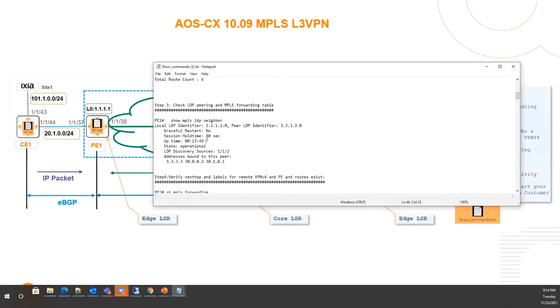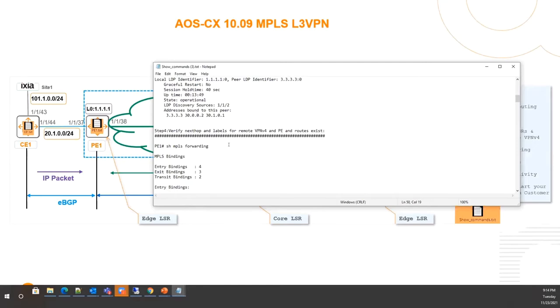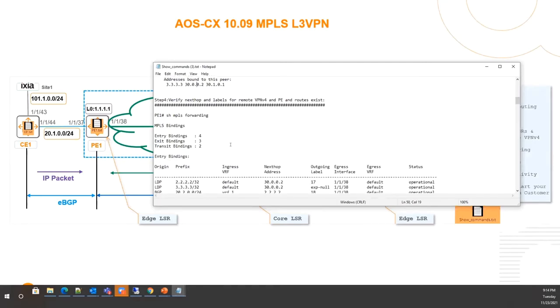That is the uptime. Don't think that switch uptime is the LDP uptime. No, LDP uptime is basically whenever the LDP started giving the label and it has a complete LSP path. That is what the uptime means. The state is operational, that is completely fine. And the LDP discovery source is the source interface, that means from which interface it is able to discover this 3.3.3.3 address. Also note, in order to make sure it will not distribute duplicate IPs, it will make sure all the LSP path, the peer IPs are covered in the LSP. So that way it will not distribute the duplicate IPs.